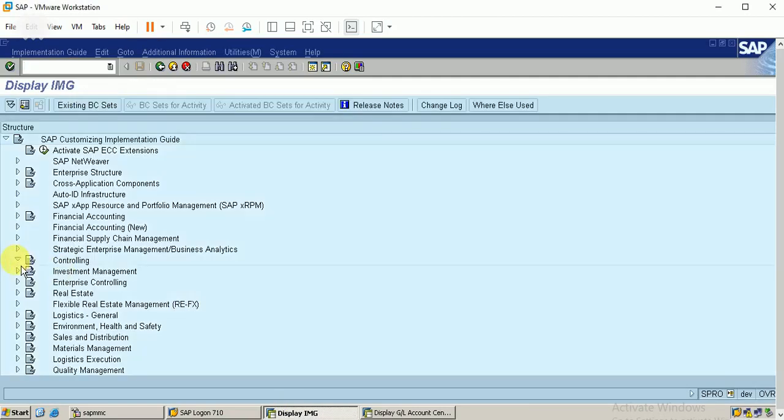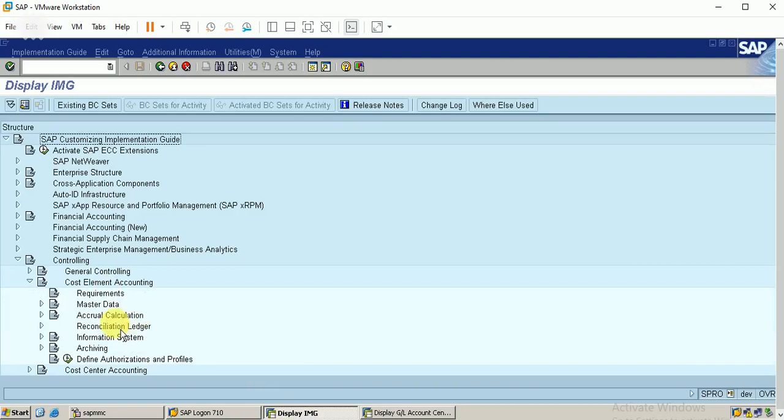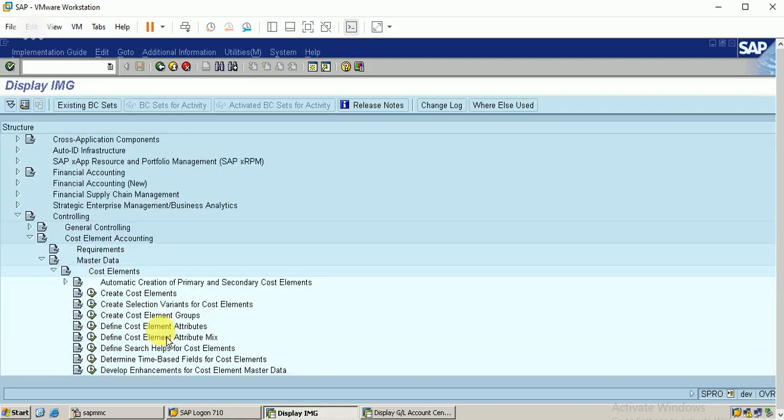In this, I'm entering into the controlling module, then into cost element accounting. I'm entering into the master data. Here we can find the cost elements field, so I'm executing create cost elements.